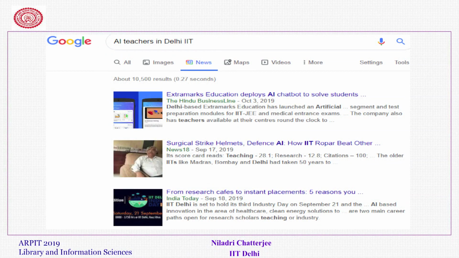I maintained the semantics of that one and I searched for AI teachers in Delhi IIT, and if you look at it, the results that it has generated have nothing to do with the query.